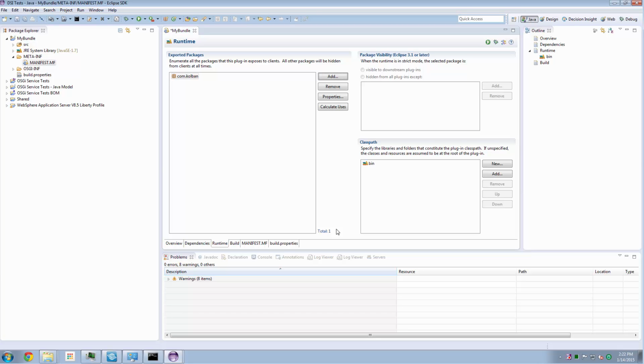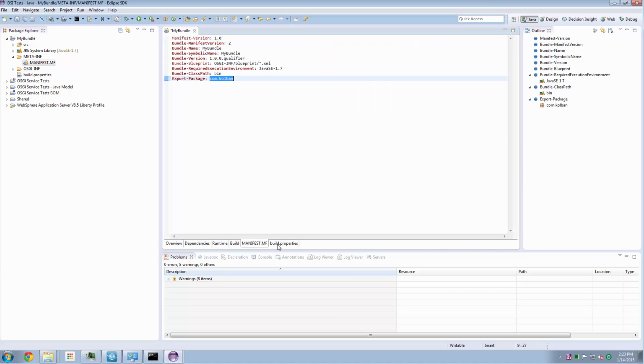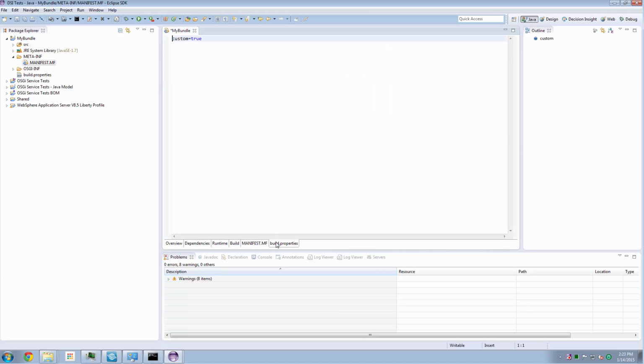Now this is the value of OSGI. Anything else in the jar file, which will be the implementation of the bundle, anything other than these named packages, is not exposed from the jar file. That means there's absolutely zero contamination coming out of the jar file if there were any other classes contained within it. The next thing that we need to change is we need to go over to the build properties,